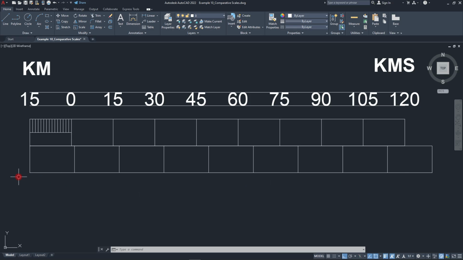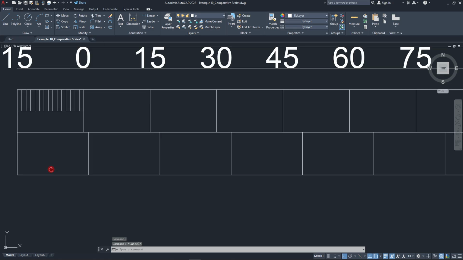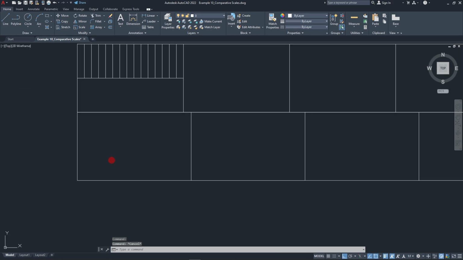And to the left of 0, these big divisions are representing 10 miles each. Here the divisions are going to be small. They'll be representing 1 mile. Right? So the first thing that we shall do is, I am going to draw a line. Can you see the triangle? Yes, that is the midpoint. Again, I'll use the break command. BR enter. I'm going to break it. And now,